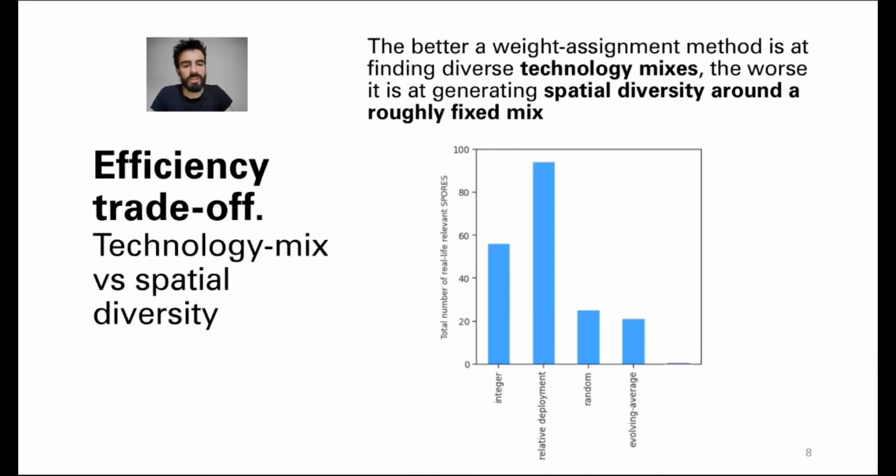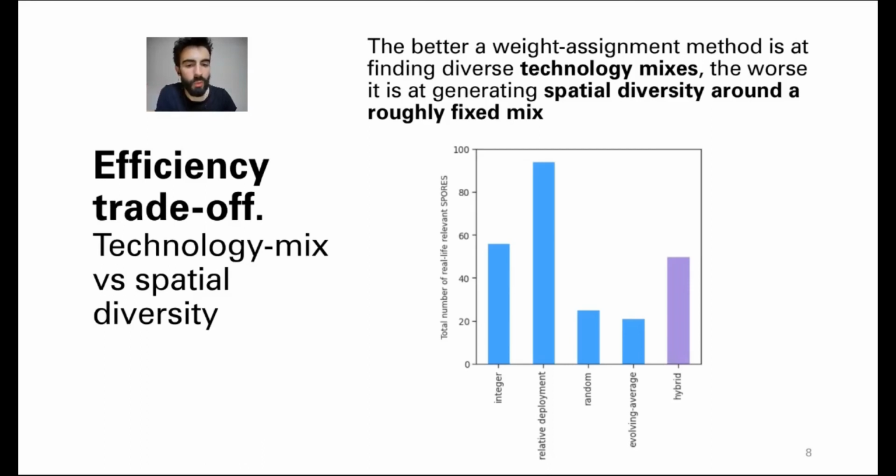groups, such as the low concentration of wind farms or the high utilization of newly built transmission lines, what we see is that integer and relative deployment methods substantially outperform the others. And this is precisely thanks to a higher presence of those apparently redundant solutions with similar technology mix but distinctive spatial configurations. So a good compromise could be combining the pros and the cons of different methods into